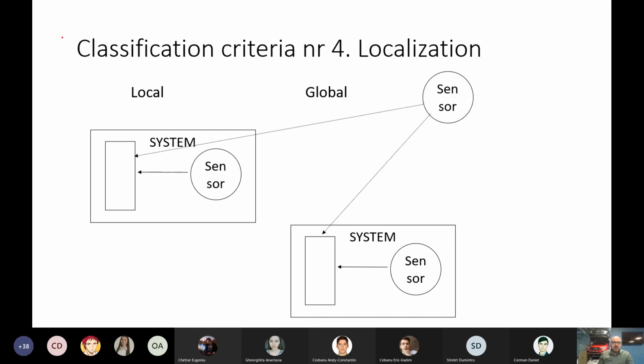Next classification criterion, we will have the localization. Where is the sensor? The sensor is inside of the system, or it is outside of the system. So now, please, let's make an experiment, and let's measure the temperature in the place I am. I will measure the temperature near the university, and I can go outside to have my local system sensor,